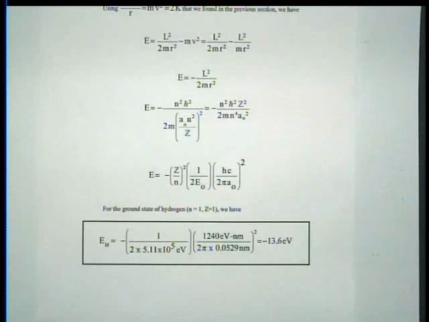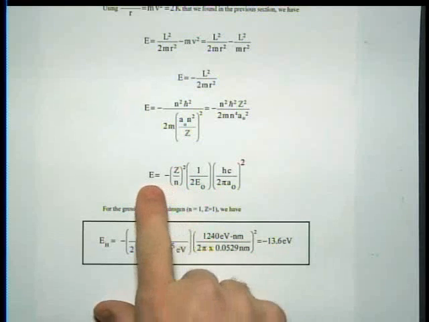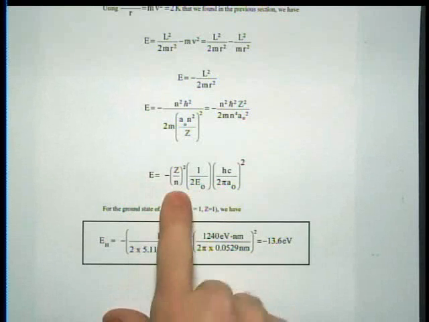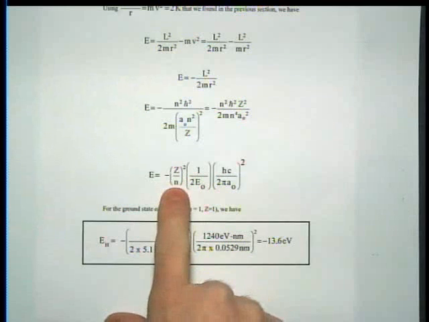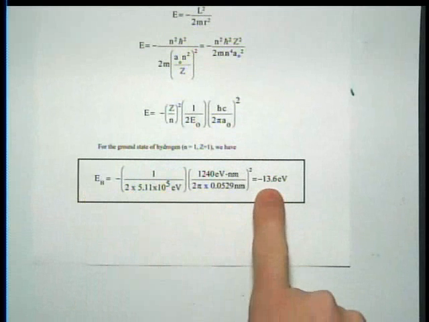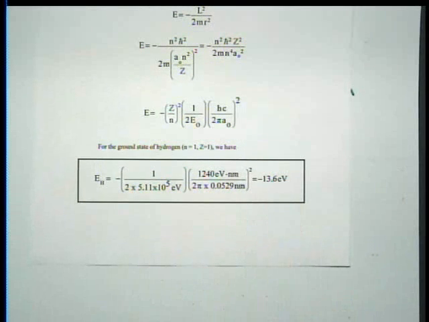So the only thing that you get to monkey with in the Bohr model was your original 4 assumptions, nothing else. And when you're done, you get a prediction of the energy levels that you compare to experiments. And what he finds is that Z is 1 and that n is 1. The value for the hydrogen atom is minus 13.6 electron volts. So he's got one of his levels.